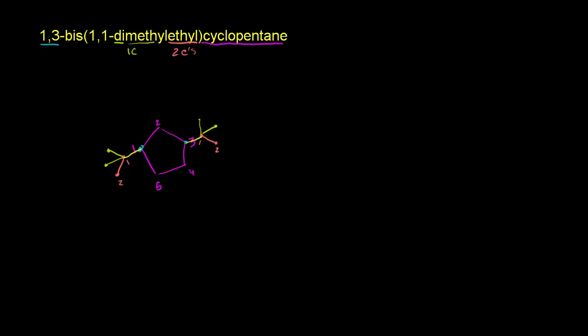So another name for this would be 1,3 tert, or sometimes people just write a T there. T-butyl, cyclo, oh, actually I should say di-T-butyl, because we have 2 of them. 1,3 di-T-butyl cyclopentane. So that would be